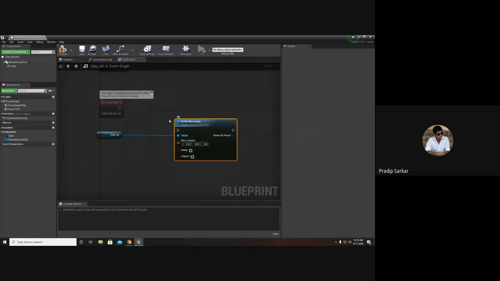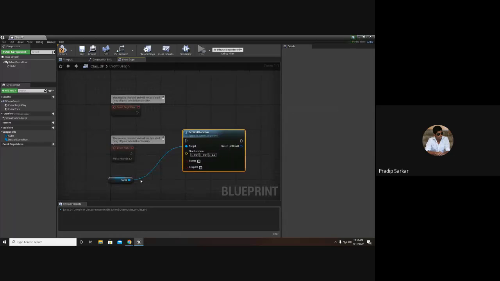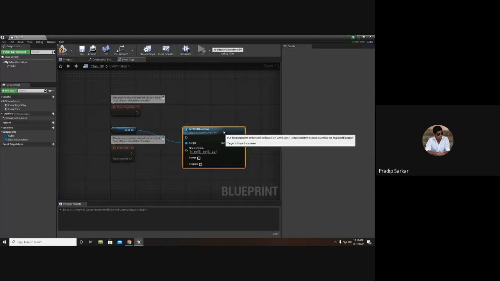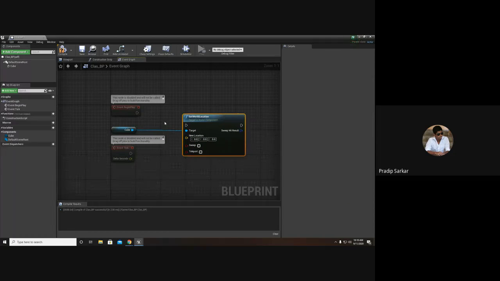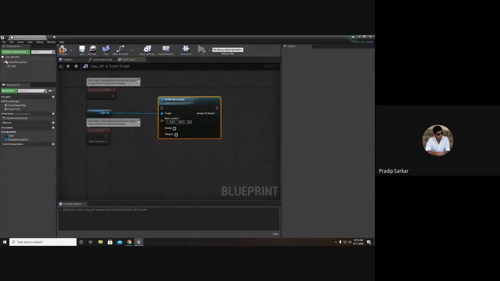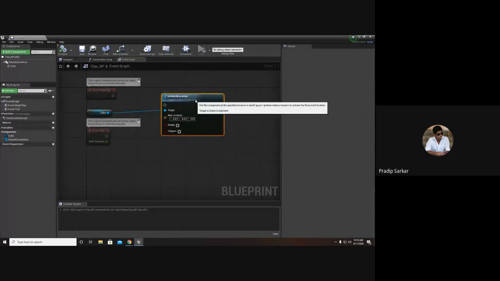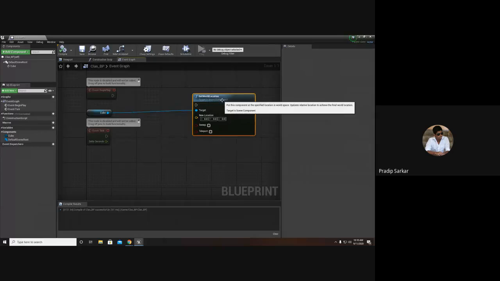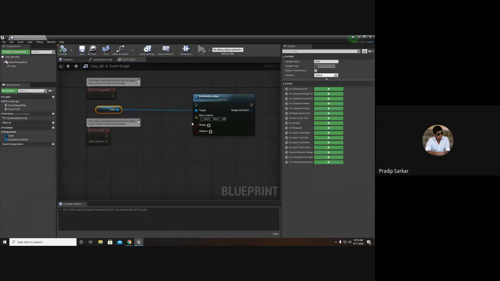In this set world location, it is asking for a location and how to move to that location.